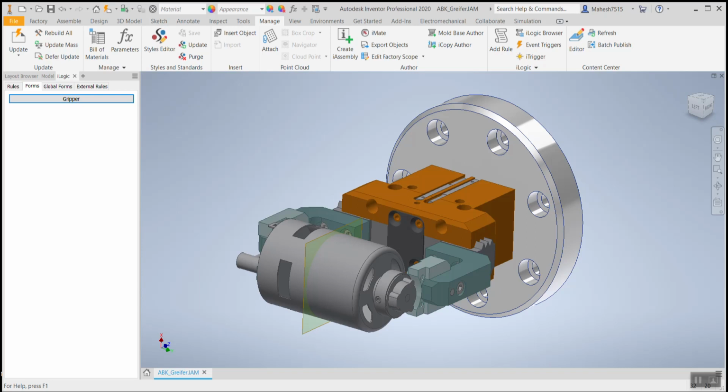The front portion which you see in gray color is the motor. We have created a user parameter called small and large. We have 2 different types of motors, and once you click large, the larger motor has to be assembled here. So that's one condition. The next will be controlling the height of the holder. For this we have created a user parameter called type, short and long. Once you click short, the height will be 40 mm, and if we say long, the height will be 60 mm. This is the second condition.